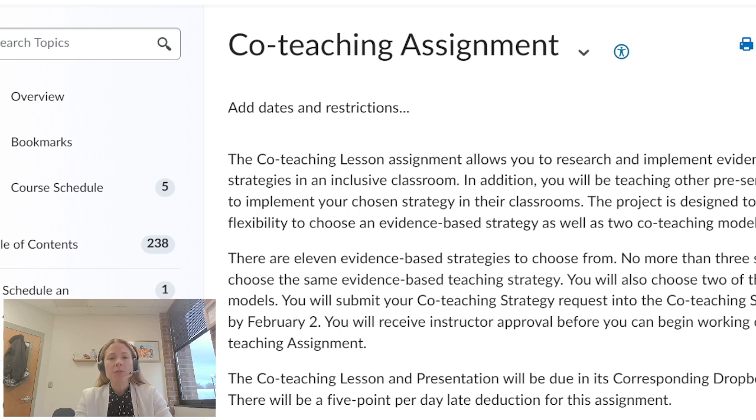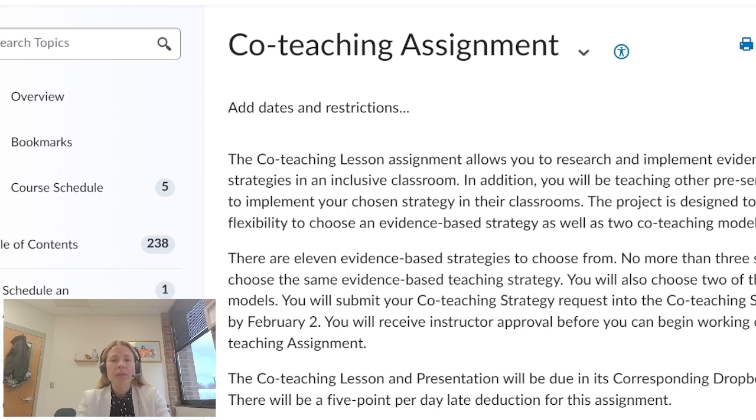Now, some students said that they wanted to work alone, which, keep in mind, means you will have to do two teacher parts, two roles in the lesson. And some people chose a partner, which was fine. If we were an in-person class, you would have to choose a partner. But since this is online, our schedules don't line up, and we don't have time in class to work on it, I felt it would be unfair to expect you to work with someone